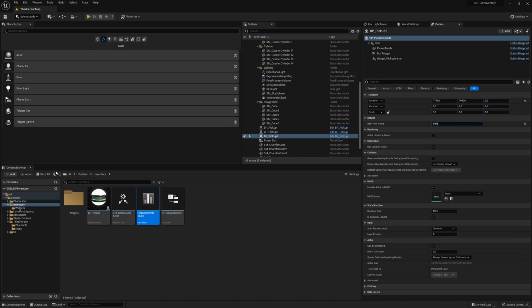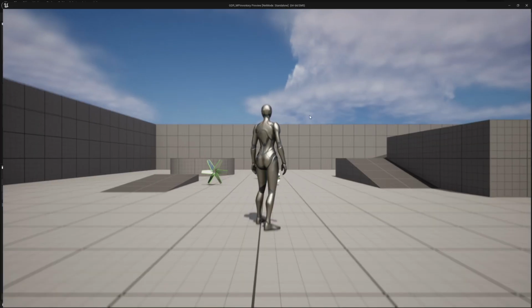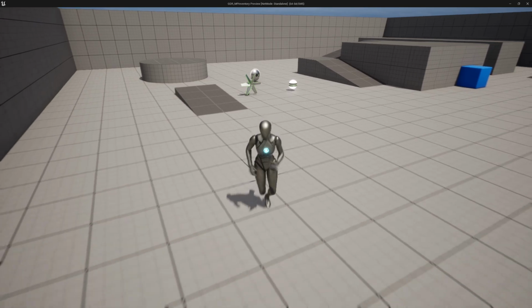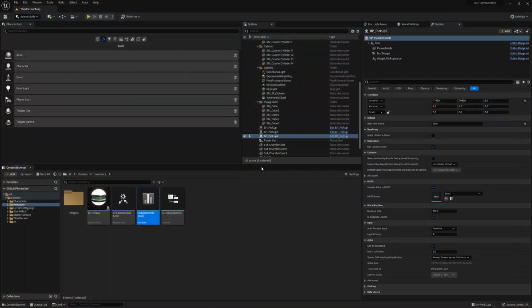And now it should work. So let's have a little look. I'm going to launch it, single player, standalone, that should be fine. And let's play. So we actually have 3 pickups in the level, and if I start walking towards them, you will see the name appear, and if I walk away the name disappears. So that's actually working,